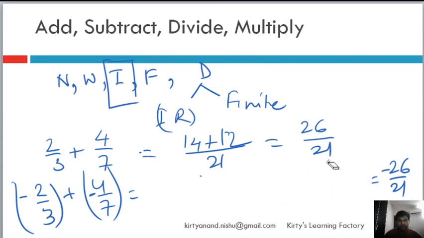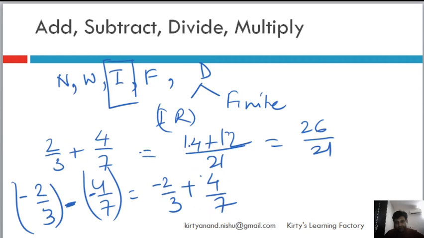Now I will do subtraction also, but the main thing is subtracting a negative from a negative, or it could be a positive also, never mind. Let's assume that both are negative for now. So it is minus 2 by 3. It will open as a plus because we are subtracting a negative. If we are subtracting a positive value, it would open as a negative. But we are subtracting a negative value, which means we are adding a positive value. And all of that description we have done in integers. So go there, it's a wonderful concept. Go there and see that video. And basically it is 4 by 7 minus 2 by 3, right? And you can finish it off then.